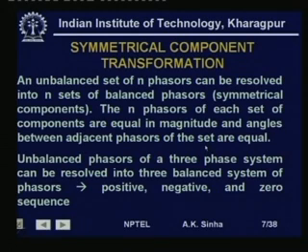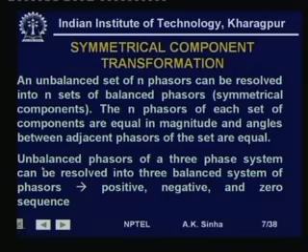That is, if we have a set of n unbalanced phases, then we can resolve them into n sets of n phases which are symmetrical with respect to each other. And this, if we try to use for our three-phase system,